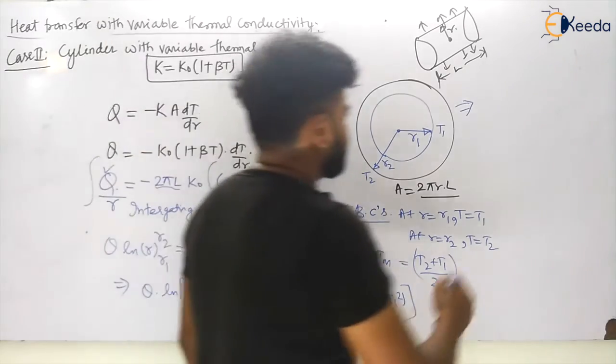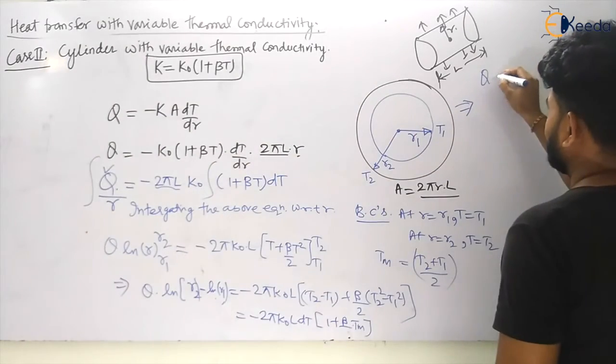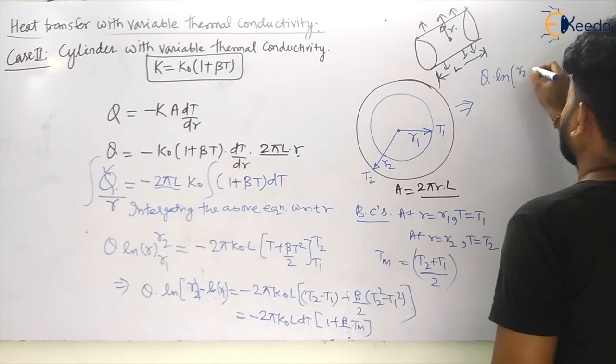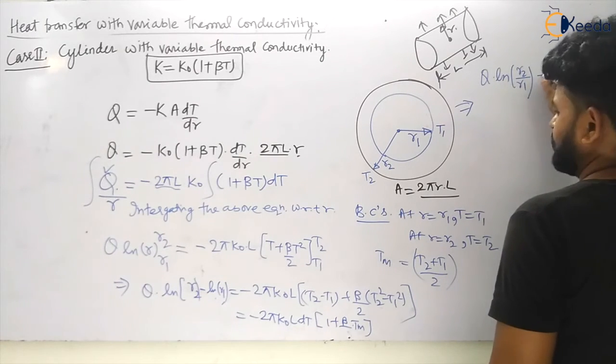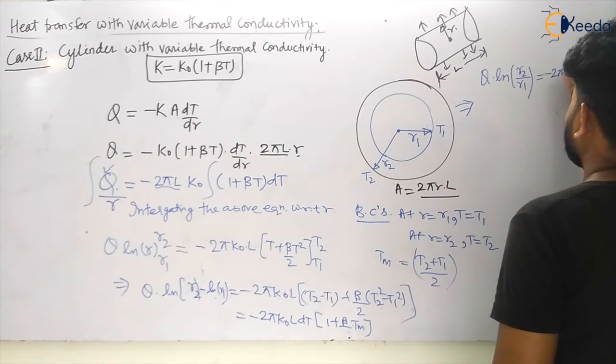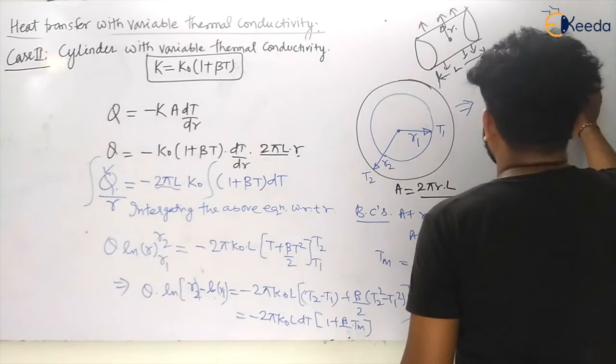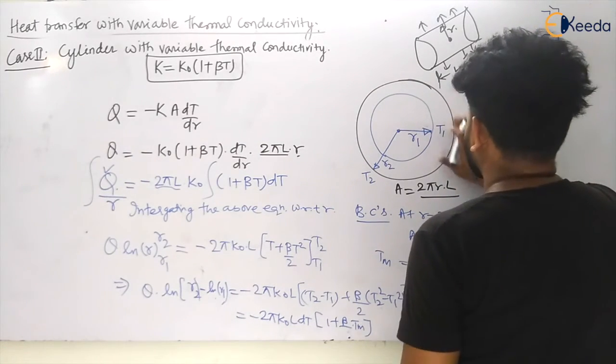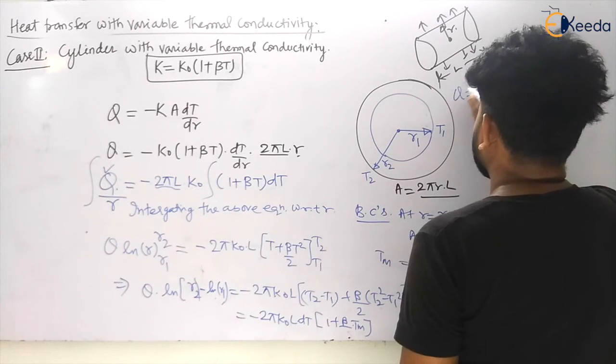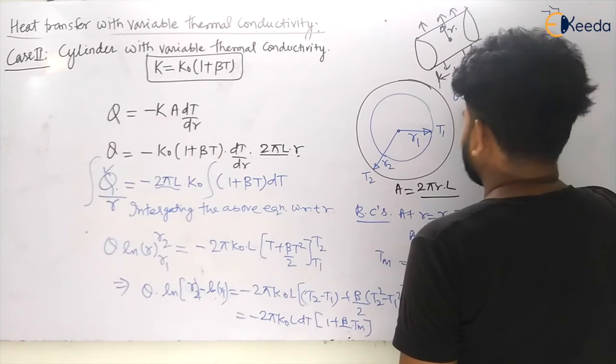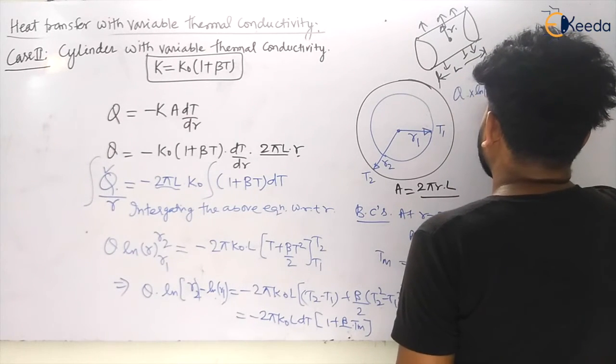So this will become Q into ln of R2 by R1 is equal to minus 2 pi K naught, or let us see like this. Q multiplied by ln of R2 by R1